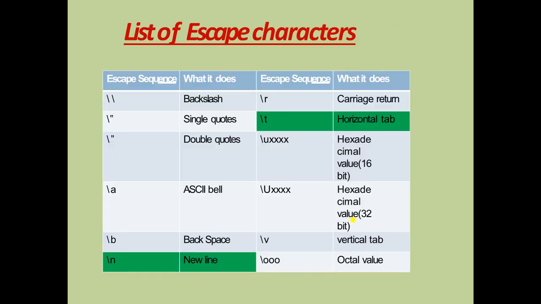So this is the list of the escape sequences, and when you are calculating the size of a string, it will show you how the size will be counted. Okay, so this is a list. This \n is for a new line, this \t is for the tab. These two are the important ones and we will use them in our program.